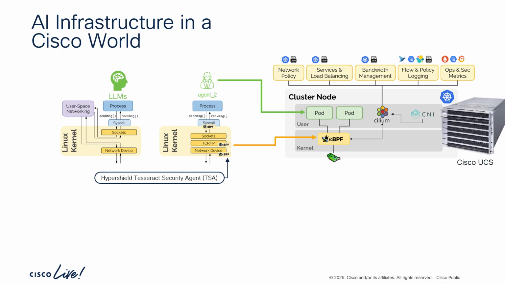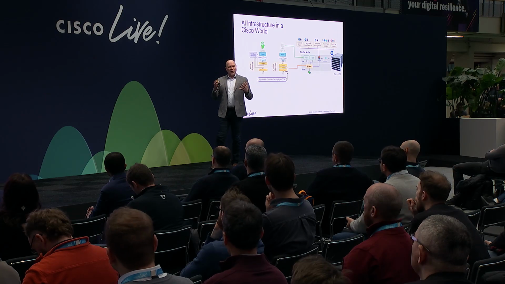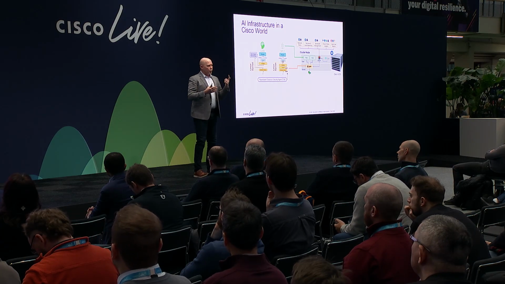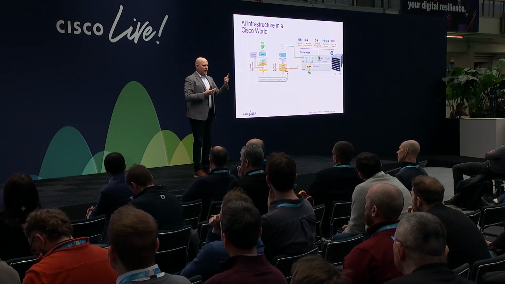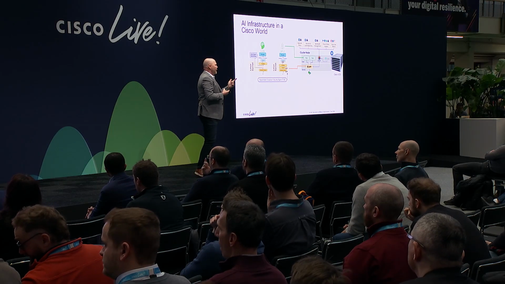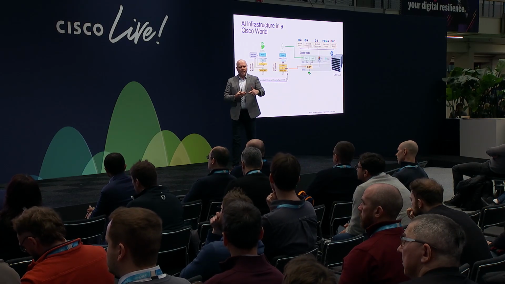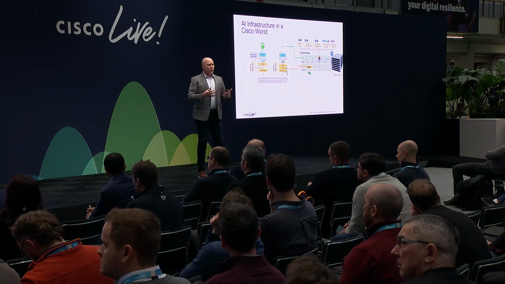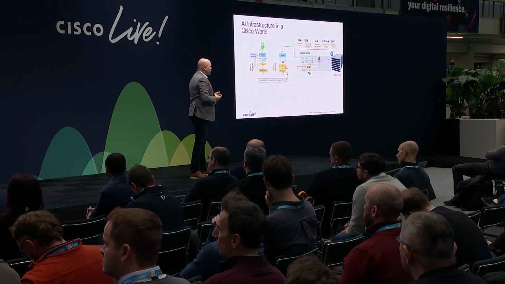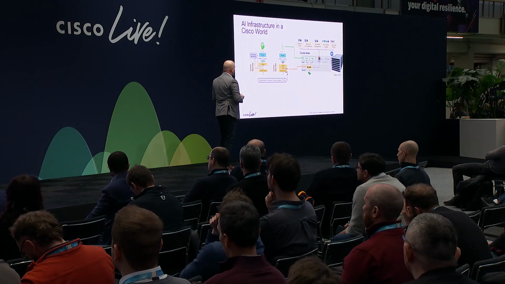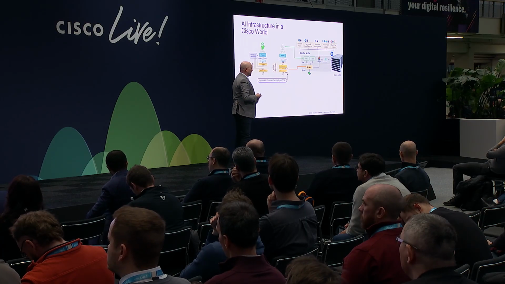So that's where the new Cisco functionality, some of the things that we talked about in the keynotes today, Cisco Hypershield, for example, leverages a technology, and we call it the Tesseract Security Agent. It is an agent, not like a GenAI agent, but another agent that runs inside of your fabric that is watching everything these things do within a Linux kernel, literally everything. Are they touching or attempting to do privilege escalation? Are they writing a binary and trying to run the binary in your temp folder? All of these types of things that you would do from a normal software pattern are being observed by this agent and being able to report to you or block these things, and this is critical inside an agent environment.